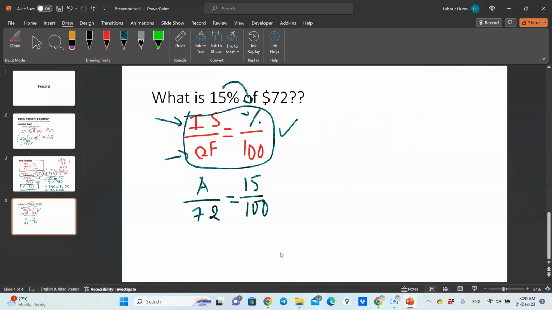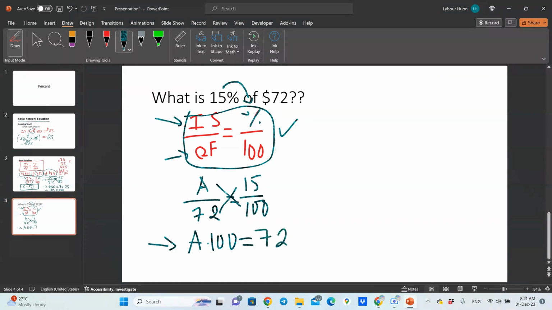Okay, now in order to solve for a, we do cross multiplication. So here and here, here and here. So a times 100 equal to 72 times 15. A times 100 equal to 72 times 15. So 100a equal to 72 multiplied by 15, which is